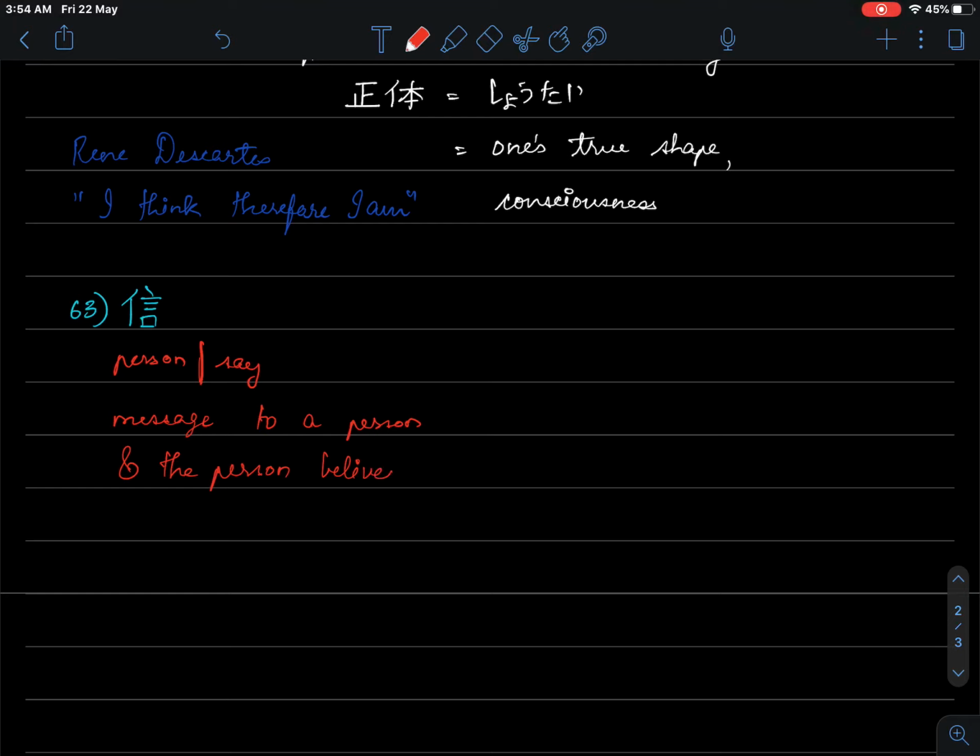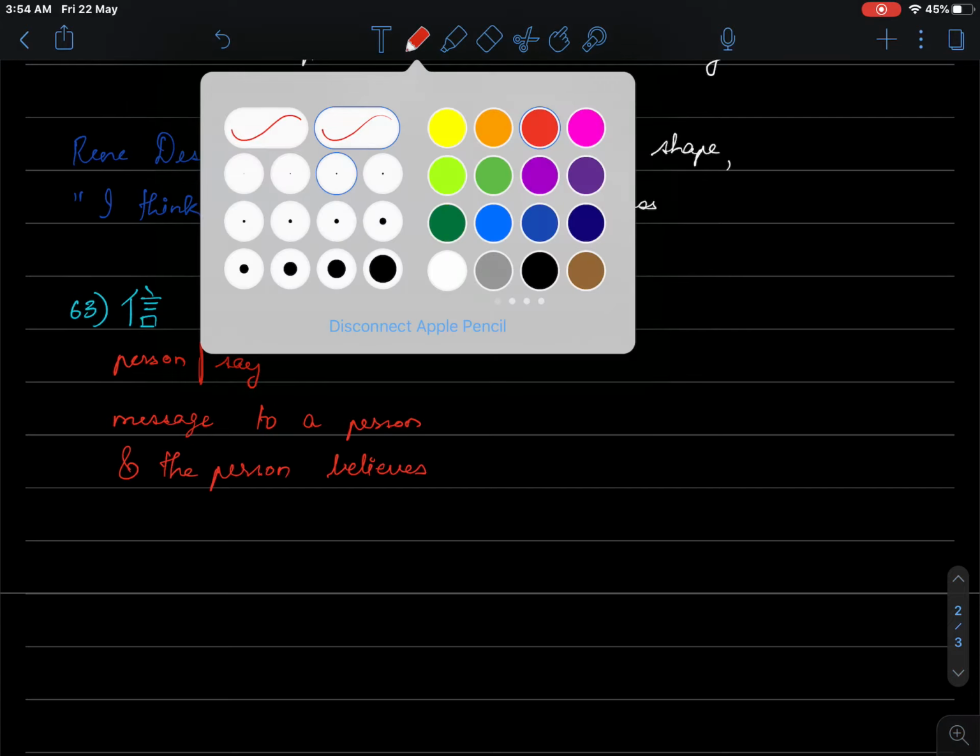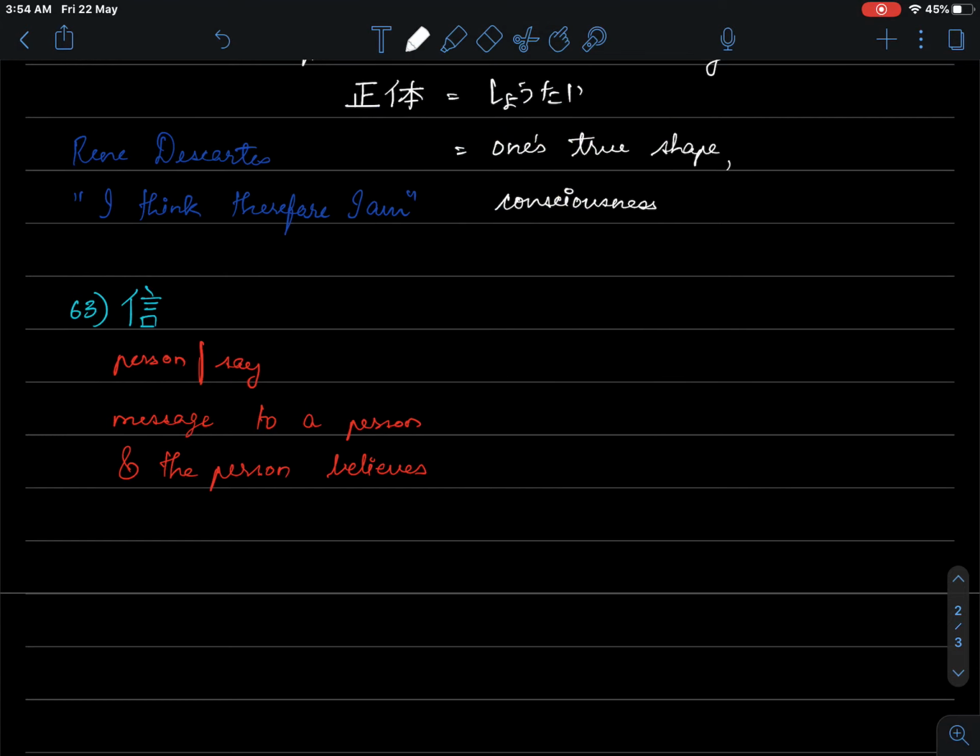My English spellings are awful. Anyway, so here the meaning is a bit, how should I say, convoluted, not straightforward. The meaning is believe